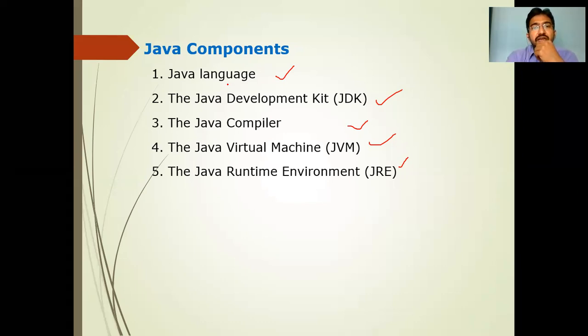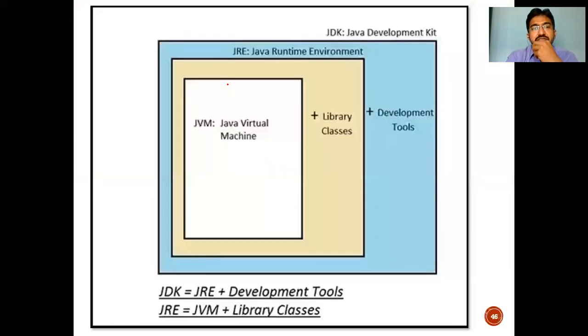Next is Java Development Kit. I'll show you two to three figures to understand better the difference between JDK, JVM, and JRE. So see the figure carefully. Normally, we have on top a JDK, that is Java Development Kit. Java Development Kit is like Turbo C software to run C programs. To prepare a document or a PPT presentation, we can use MS Office, right? To read PDF files, Adobe Reader. To protect our system, we can install antivirus. So these are softwares.